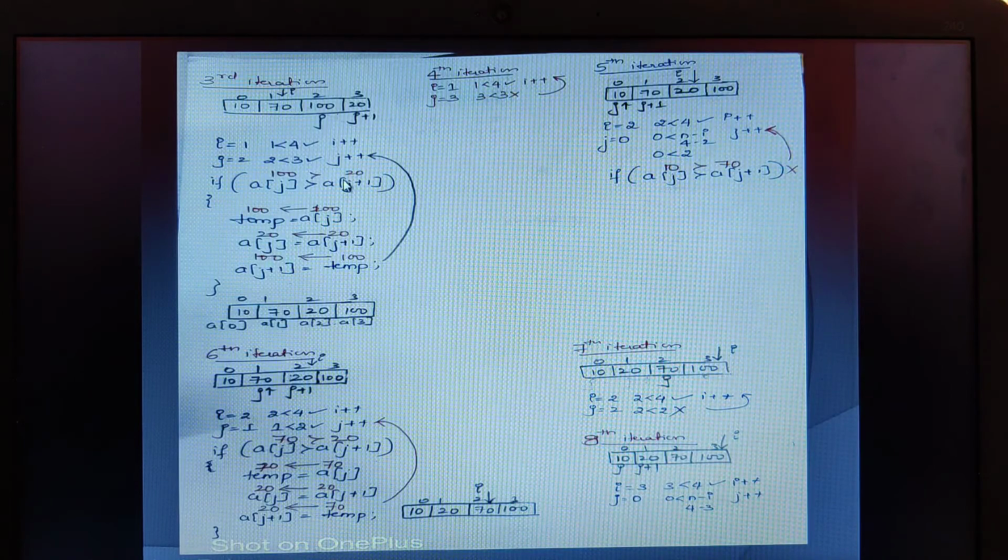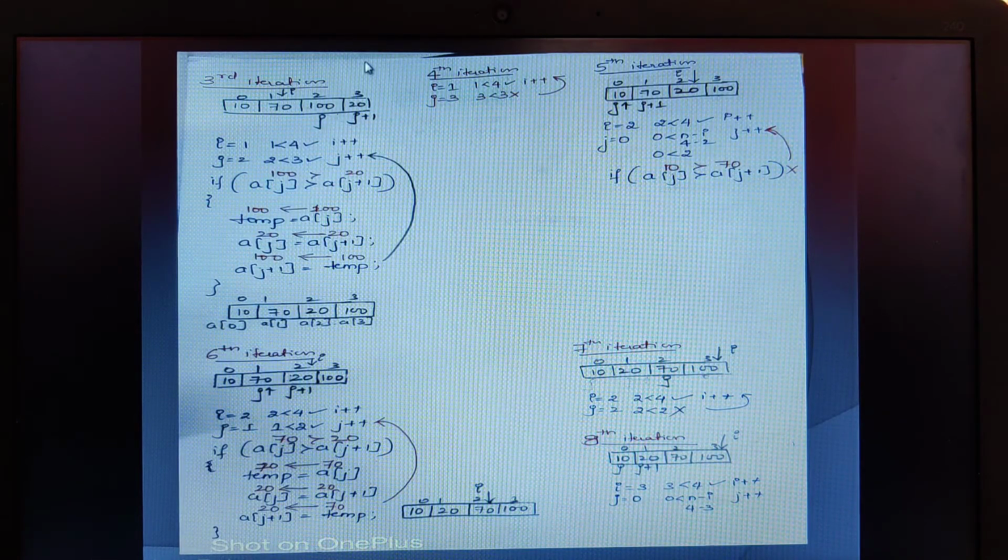On satisfying this particular condition, we need to swap. When we are swapping here, whatever content is there in a of j should move into the temporary variable. Therefore, a of j is moving into the temporary variable. And whatever content is there in a of j plus 1 should move into a of j. So what content is there in j plus 1 is getting moved into a of j according to the statement.